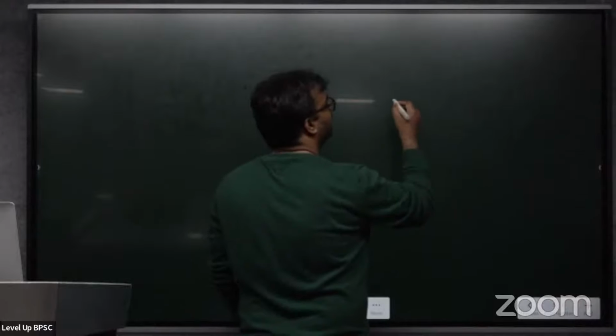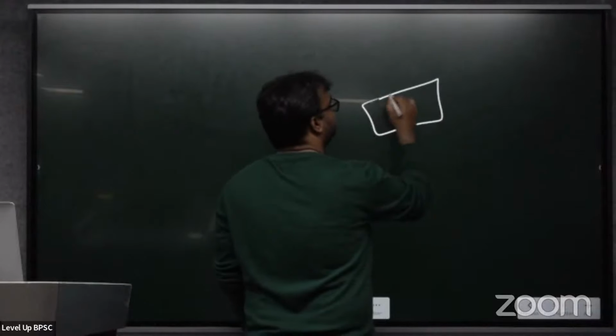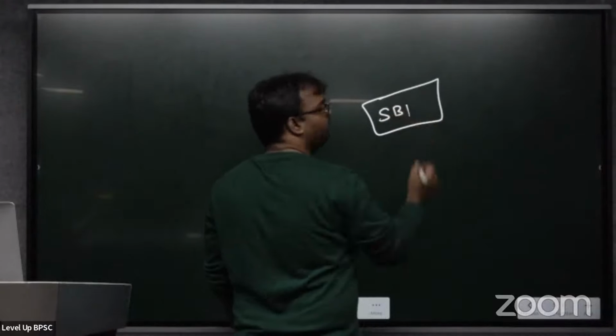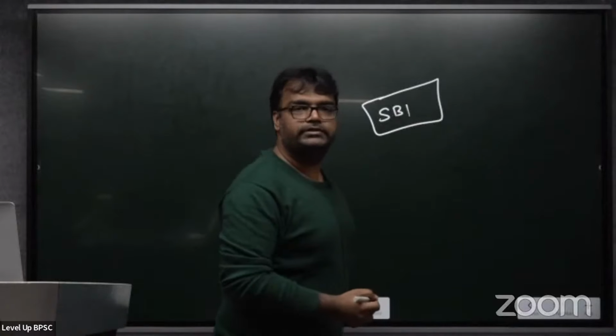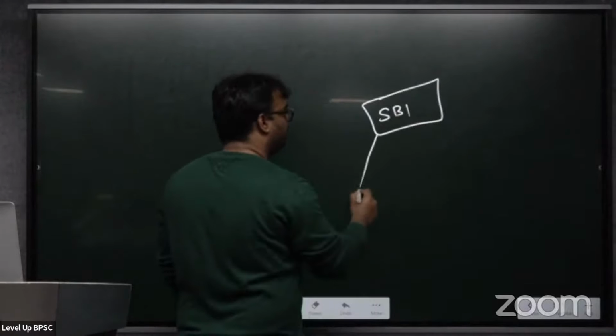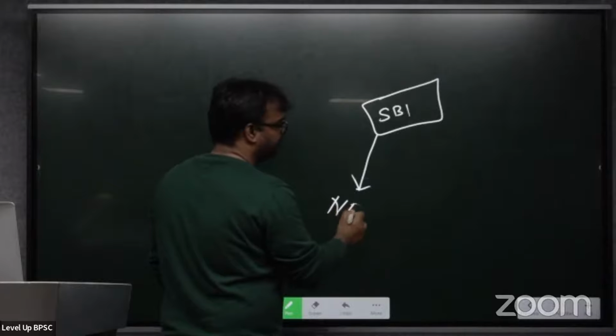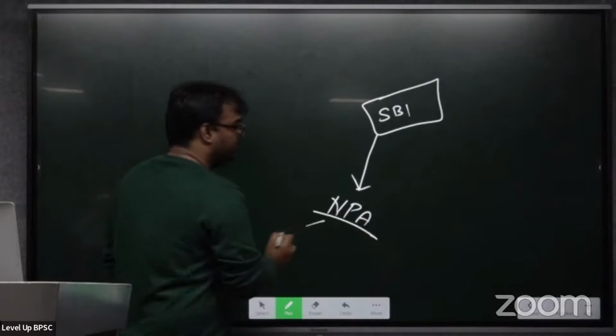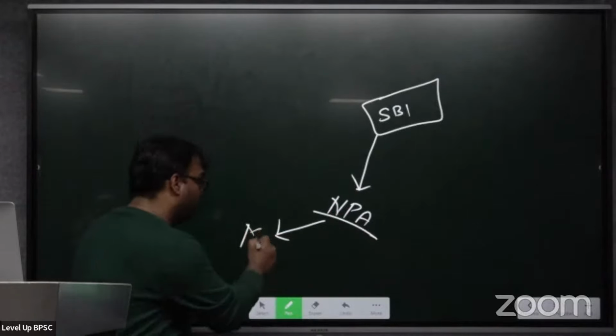Suppose we go to a bank, SBI, and SBI has some assets which have become non-performing. NPAs, some loan may have gone to Mallya,